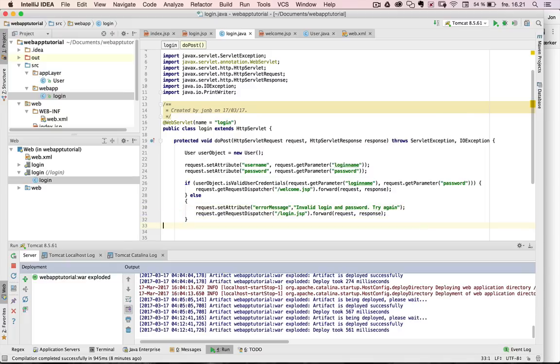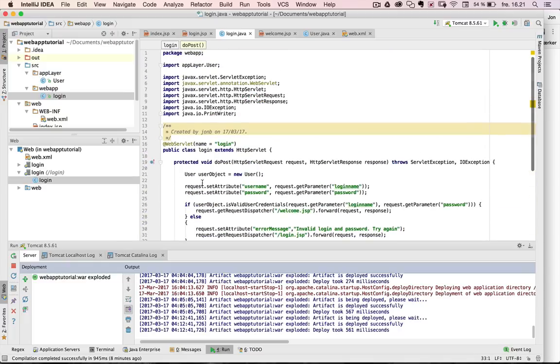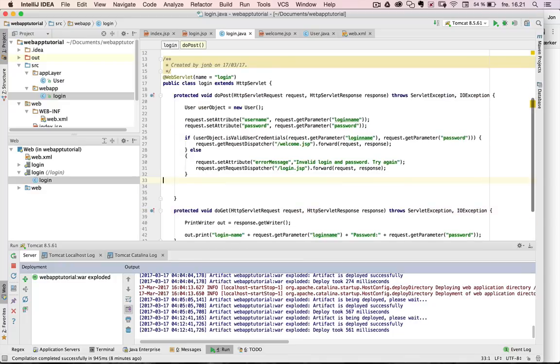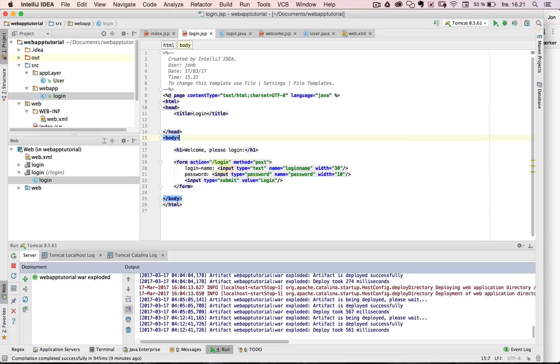Okay, so I think we're done now, so I save it. And then the last thing I need to do is, okay, so if we come in here, we check the user credentials, and if it's being validated, we're gonna call the request dispatcher and send it to the welcome page. Otherwise, we're gonna go back again to the login page, and we're gonna send an error message. And so then if I go back to the login page up here, we could maybe just pass it in here, and I can just say